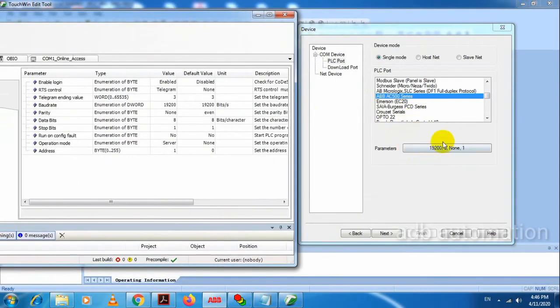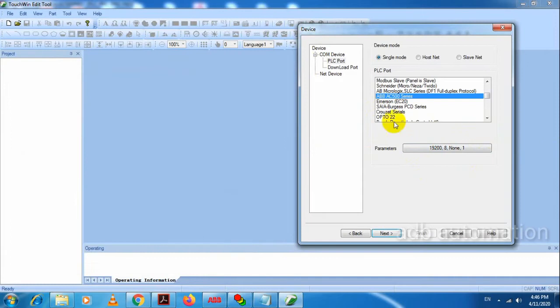Baud rate is 19,200. I have used that in the HMI, and the PLC also is 19,200, and data length is 8 bit. So data bits is 8 bit here, and parity is none. I have selected none parity here, and stop bit is 1. Okay, here the settings are all the same, so no need to change these settings.